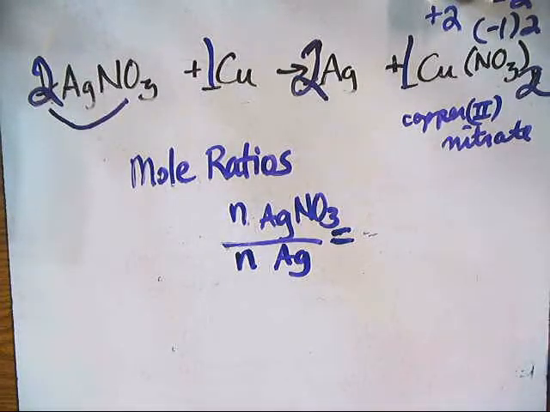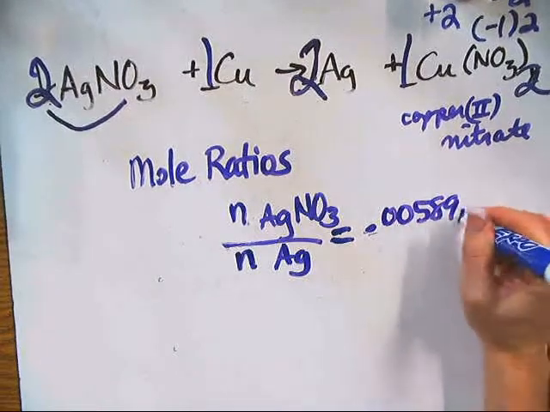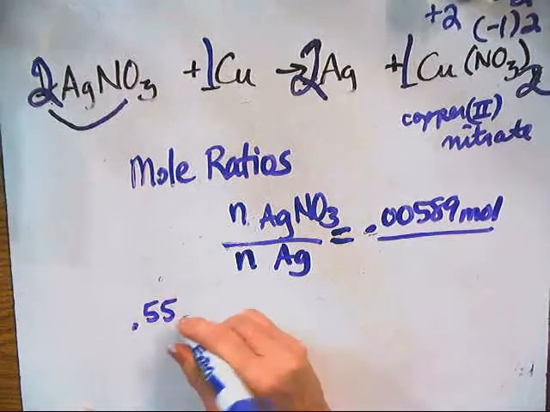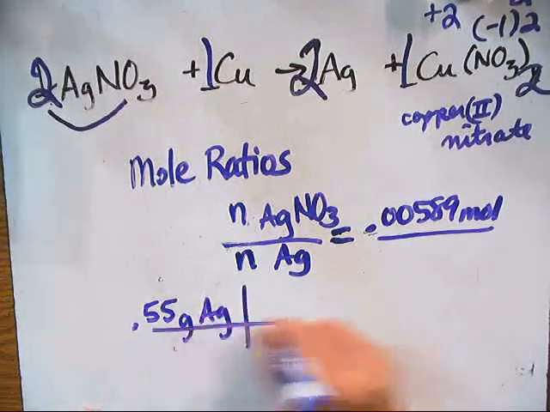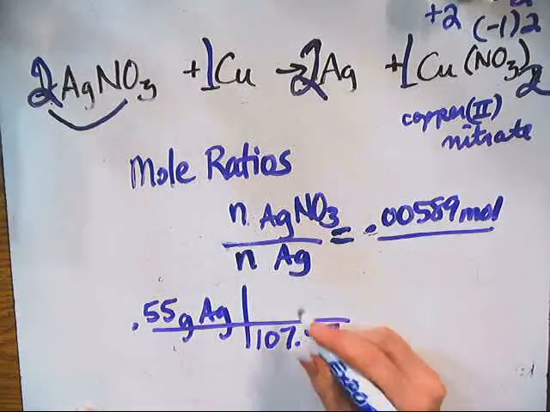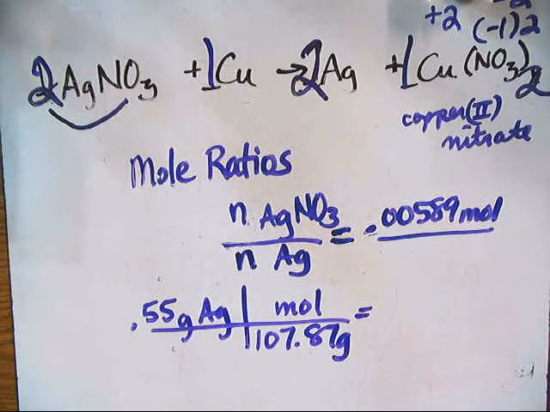Or at least that's what I got based on my data. You might want to try a couple other calculations. Maybe your silver to copper and your silver nitrate to silver. We could try the silver nitrate to silver and hope to get, as we predicted, a 1 to 1 ratio. Our moles of silver nitrate reactor were